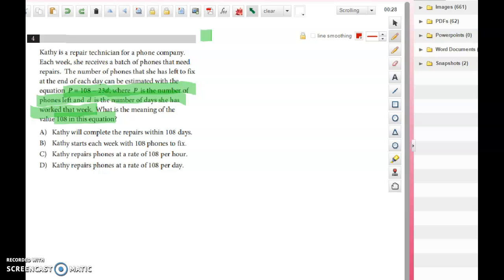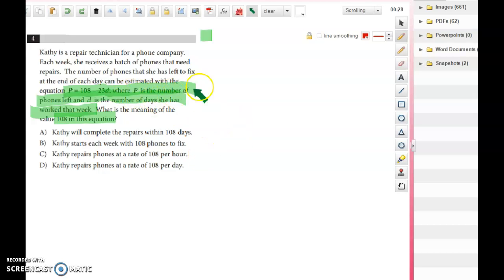That's one thing. We always think, okay, what type of equation is this? Quadratic or, you know? So we're going to look at that. Okay, so if you look at this question right here, it says P equal 108 minus 23rd G. Since I said it is a straight line equation, and if you remember the